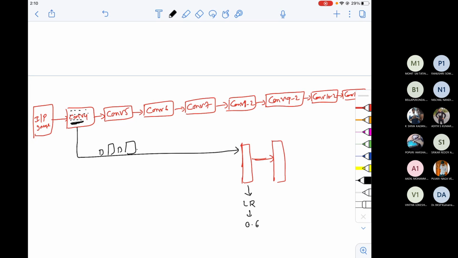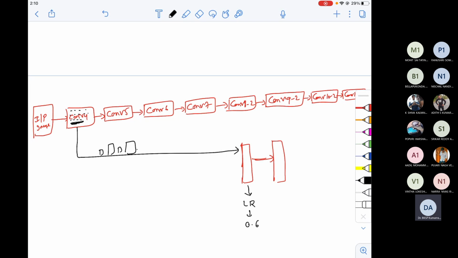So now after this, convolution 5 is connected to convolution 6, and convolution 6 to convolution 7. Convolution 7 is connected to the final fully connected layer. Convolution 8_2. What do I mean by 8_2? 8_2 is an indication that there are two convolution layers in this block.